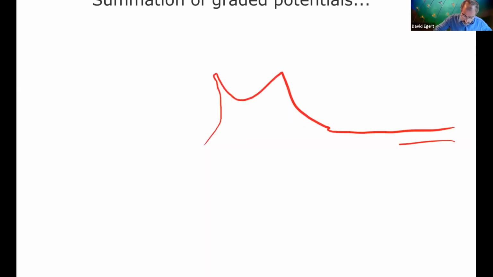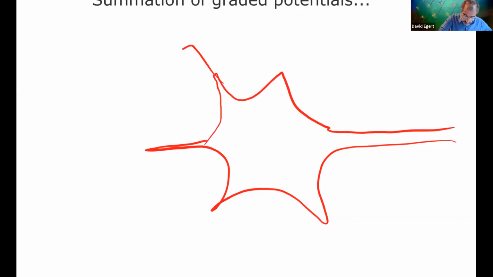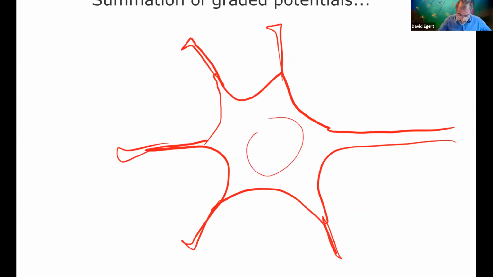So summation means adding up. There's two different ways summation can happen, and we'll look at both of them right now. So let's assume here's some neuron, and then let's say I have two other neurons talking to it. Let's start with one neuron. If I have one neuron talking to it,